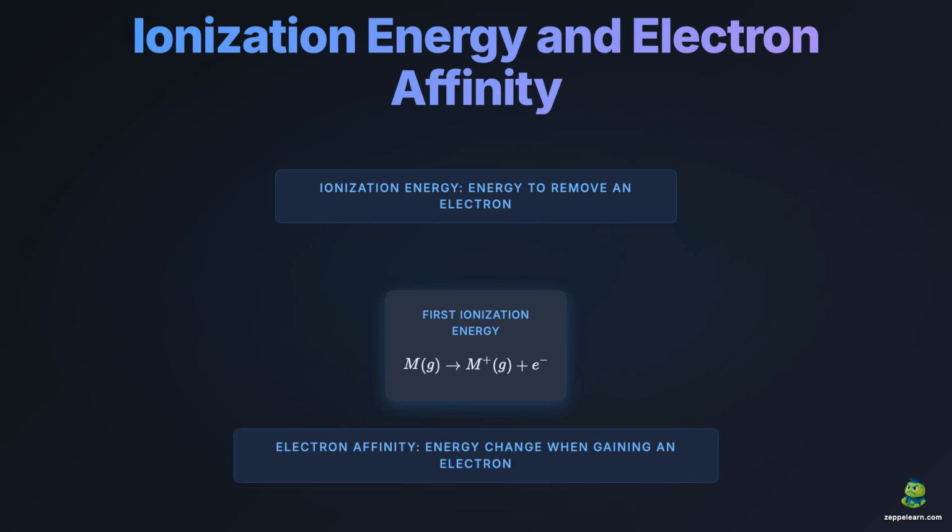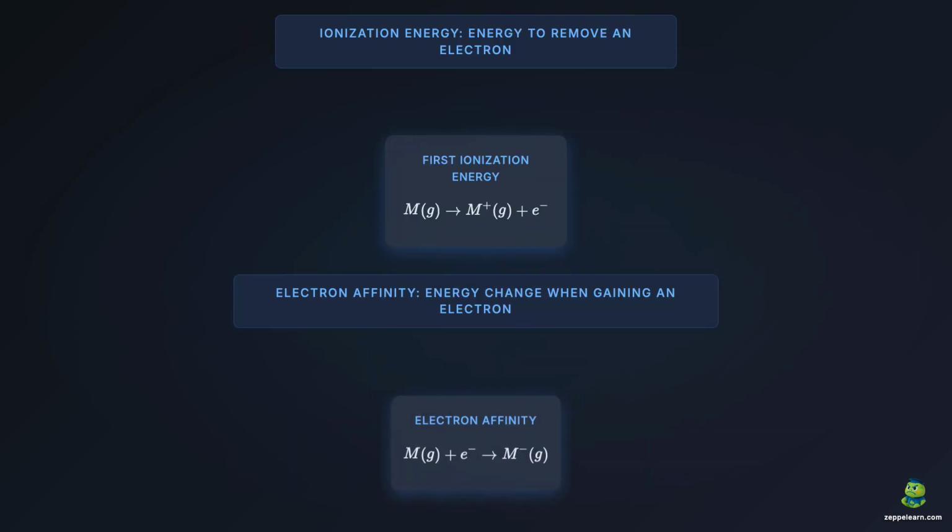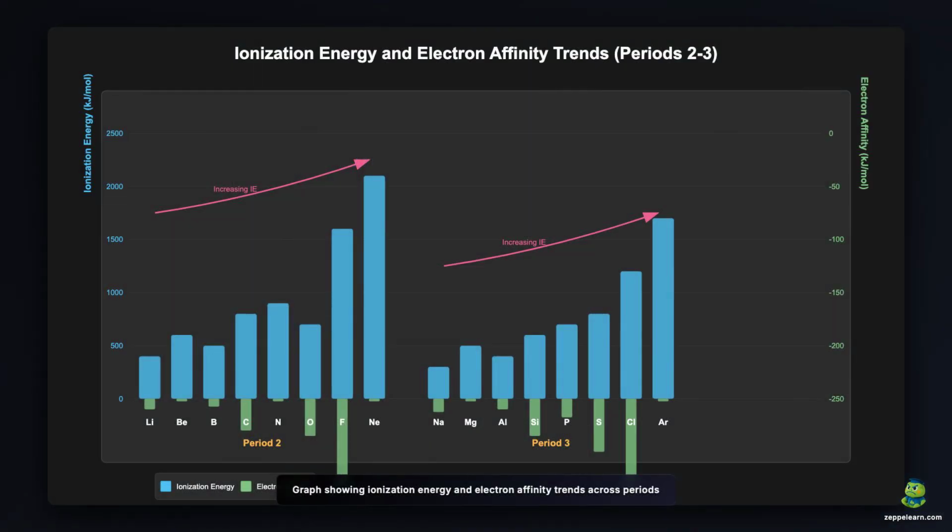Electron affinity is the energy change when an atom gains an electron. It generally becomes more negative across periods, meaning atoms more readily accept electrons. The electron affinity equation shows a gaseous atom gaining an electron to form a negative ion, releasing energy in the process. This graph illustrates how ionization energy generally increases across periods, while electron affinity becomes more negative, both reflecting stronger